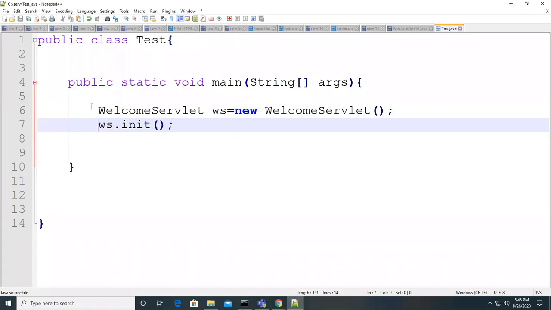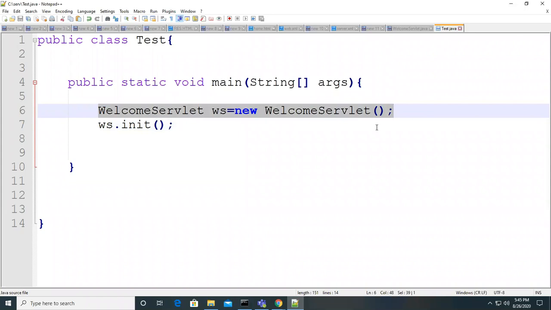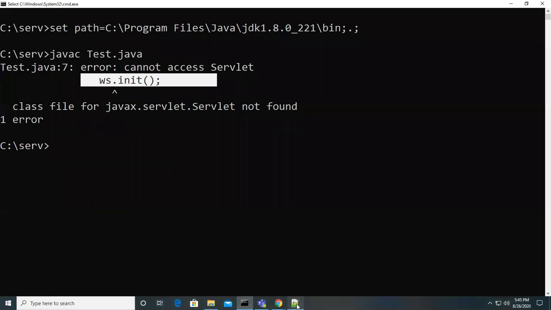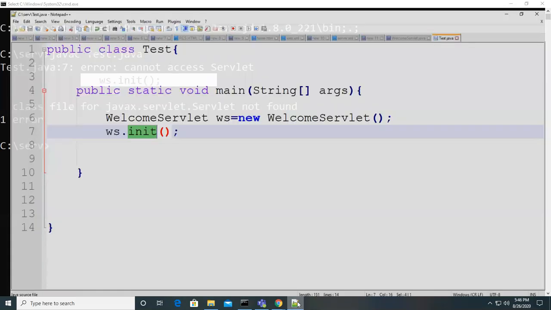This line is not talking about anything else. It is saying that while calling the init method, it is expecting something. What is it expecting? Import javax.